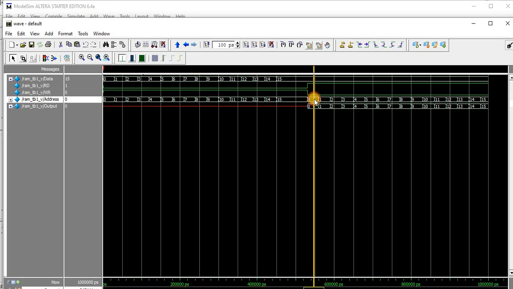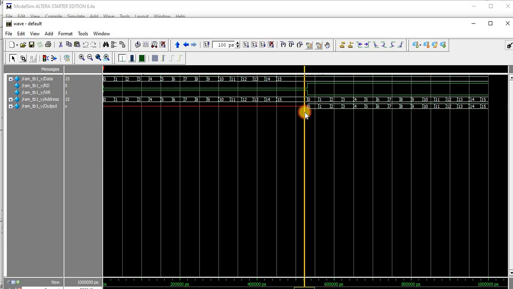Then when I give read is equal to 1, so I should read a data from the 0 address. In the 0 address, what data has been stored? I have stored a data called 0. So you can see here the 0 is read and it is shown in the output side. And then if I give the address as 1, in the address 1 we have stored a data called 1 that will be read over here.